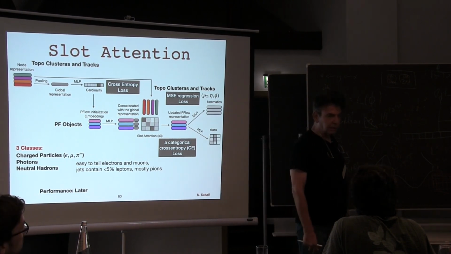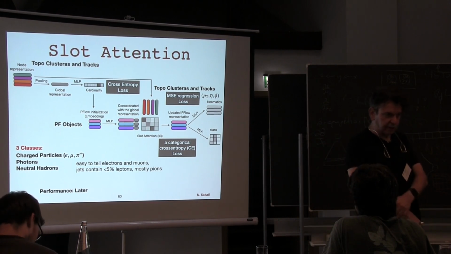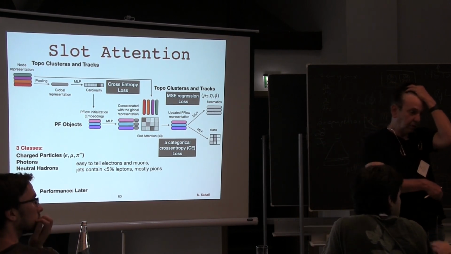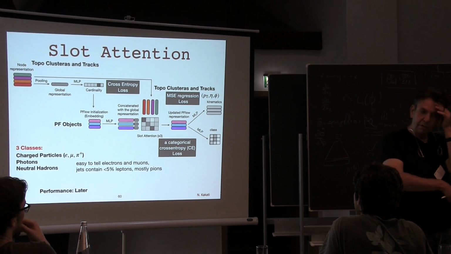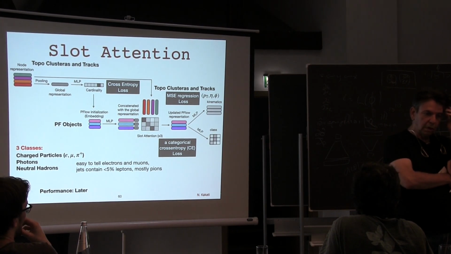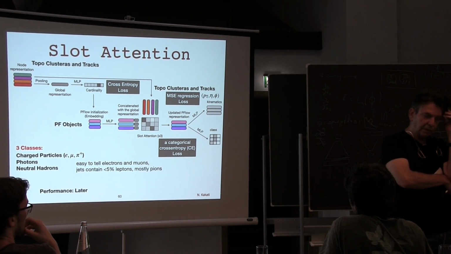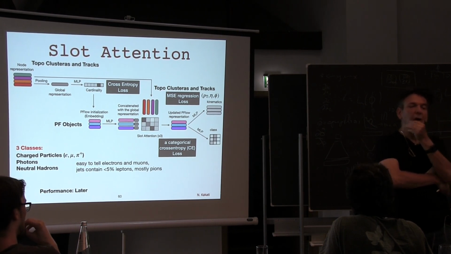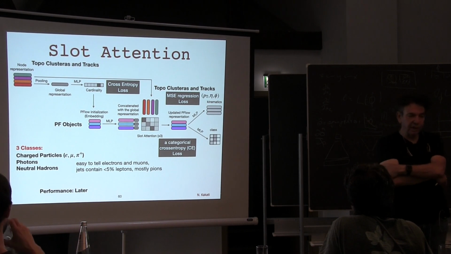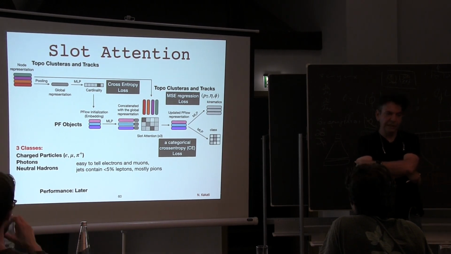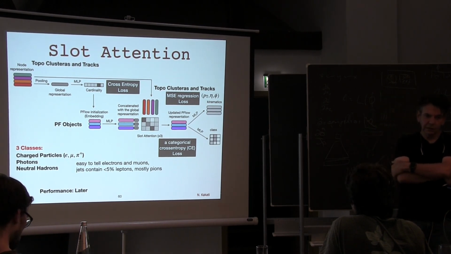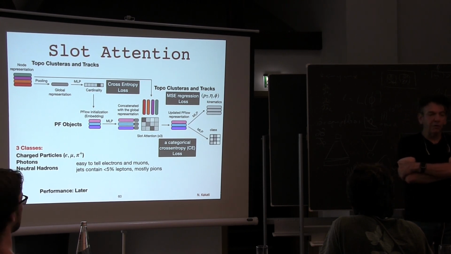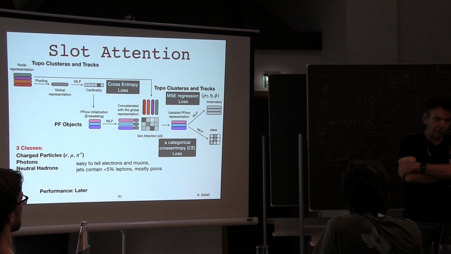Is that clear? There's nothing special above yesterday. That's exactly what we saw yesterday. Not entirely clear. So particle flow objects are queries here. Particle flow object will issue the queries, yeah. And from this node representation would be keys and values. Yes. And this cardinality is to determine the number of particles, or the number of objects, of particle flow objects,